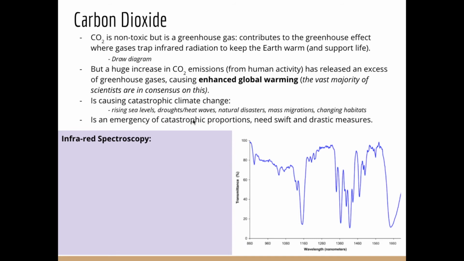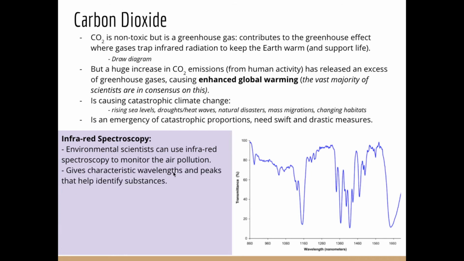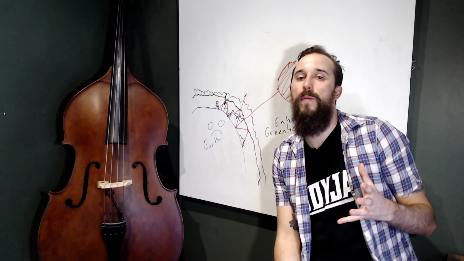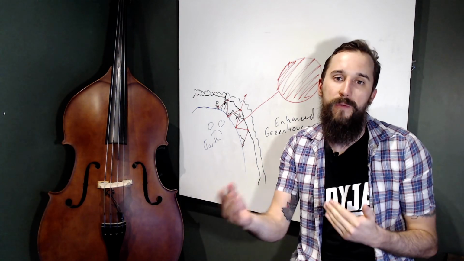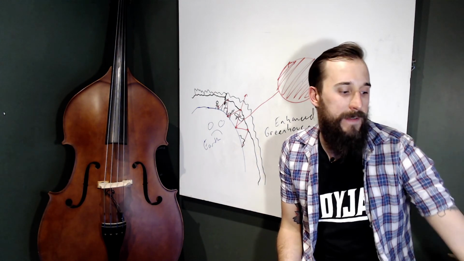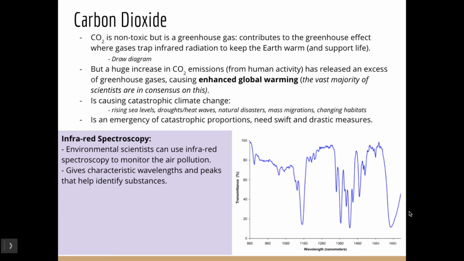So one way, for example, that environmental scientists can monitor air pollution is through the use of infrared spectroscopy, which all has to do with how molecules and functional groups absorb light in the infrared region. When we interpret an infrared spectrum, it gives characteristic wavelengths and peaks that help identify what kind of pollutant, what kind of molecule we have. Like I said, depending on the functional group that the molecule has, it's going to interact with infrared light differently. And then we have very characteristic shapes of these peaks,